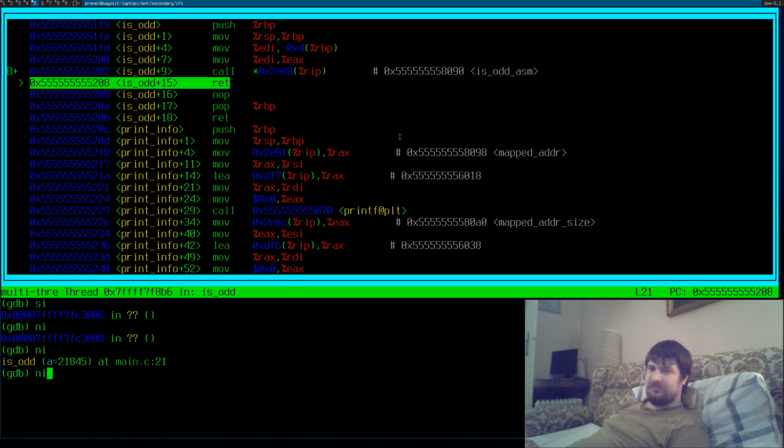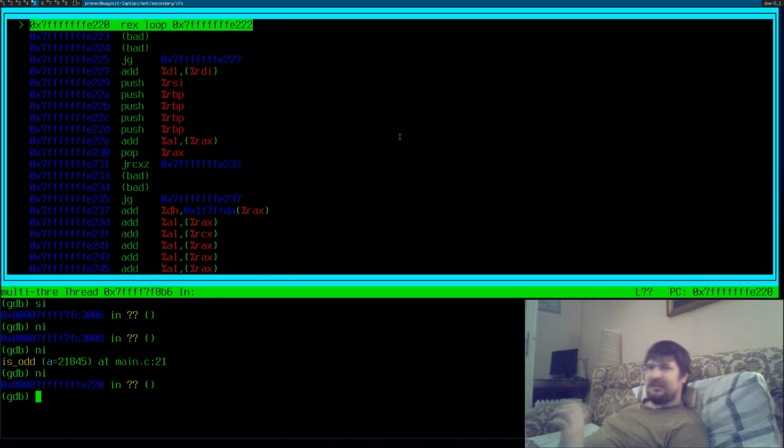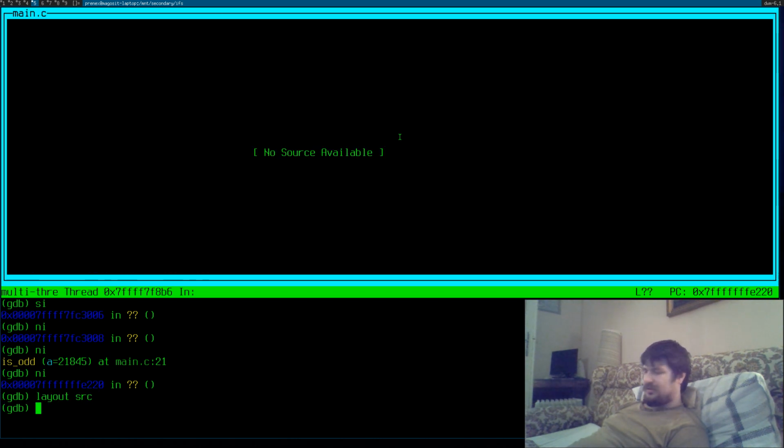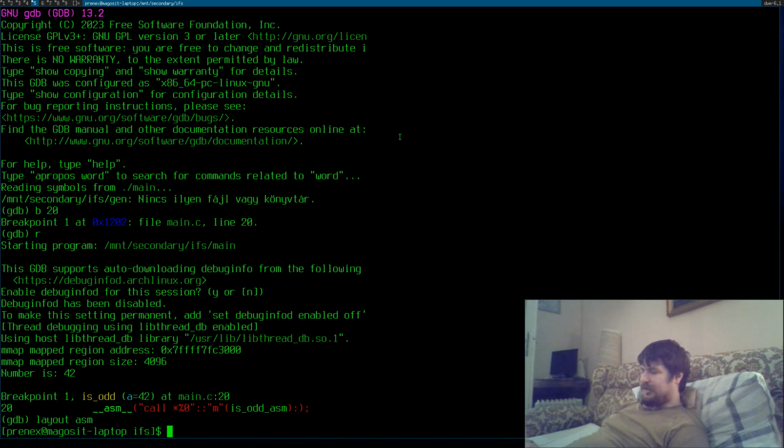Okay, it will be a stack corruption actually, but let's do this and let's try to do the layout source, and we got something bad because we jumped into the RBP. Okay, so basically that's not good. Anyways,